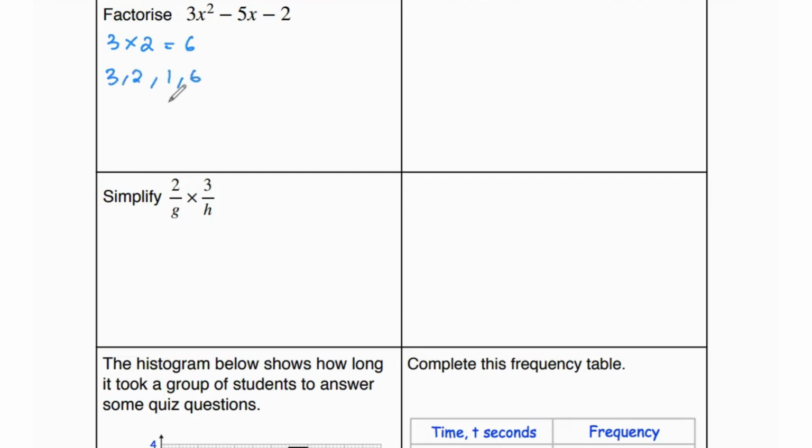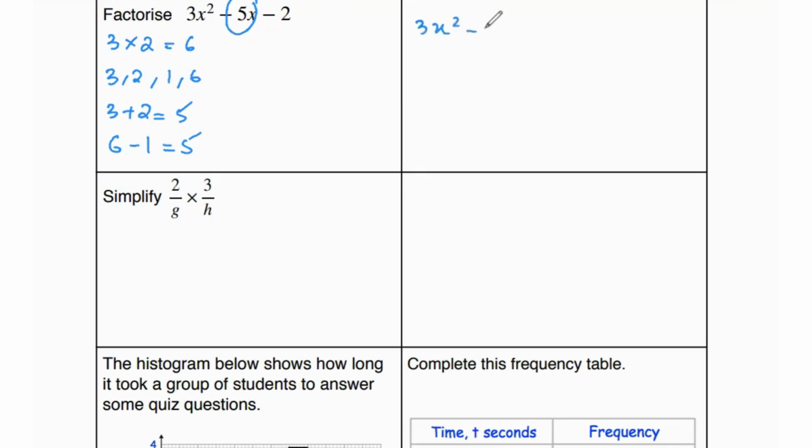So once you've identified your factors, you're going to select that set of factors which, when added or subtracted, give the middle term, which is 5 over here. So we know that 3 plus 2 is 5, and 6 minus 1 is also 5. Both are giving us 5. But which one will we choose? So if I pick the first one,